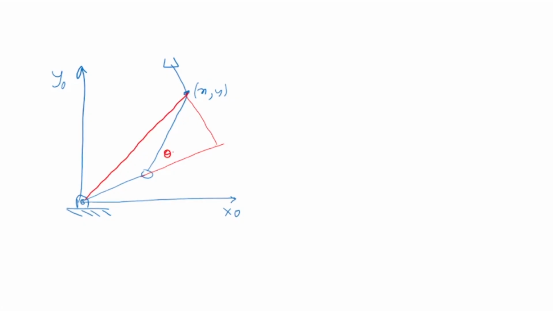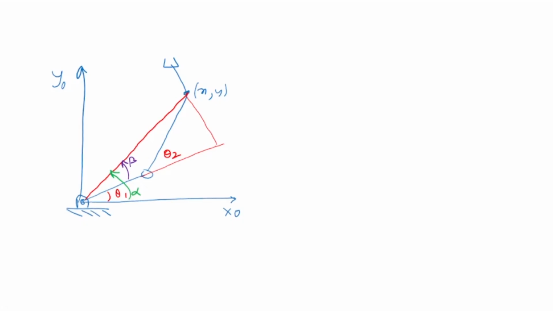This is my angle theta 2. This is my angle theta 1. I have already found what is theta 2. I need to find theta 1. Now let's assume that this angle is alpha, the full angle, and the other angle is beta. So what is theta 1? Theta 1 is equal to alpha minus beta.